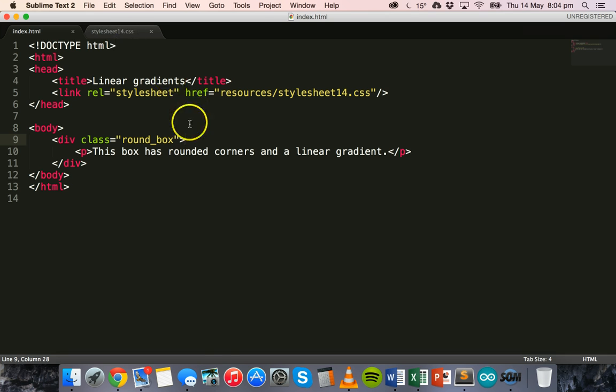So a linear gradient is basically when we change from one color to another. So if we have a div or a box, we can have a background color of, for example, a dark green that gradually changes into a light green. And it can move from left to right, or it can move from top to bottom. So we're going to change the background of a div, and we're going to use a linear gradient for that